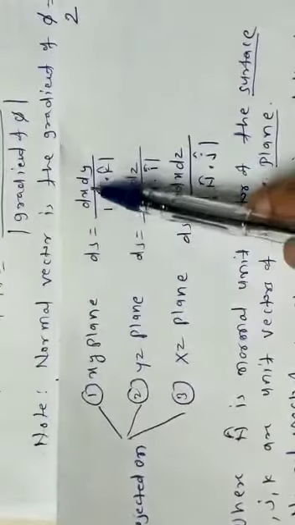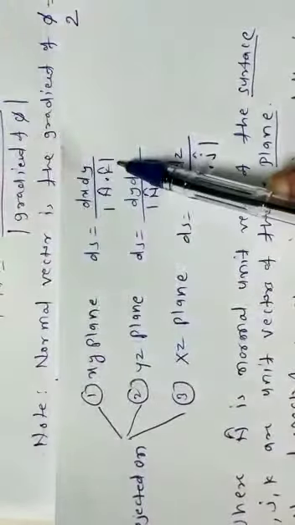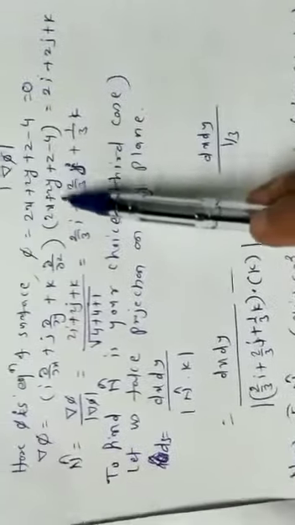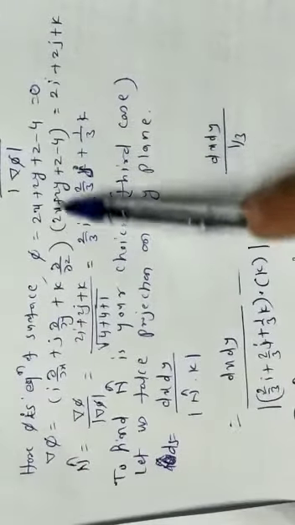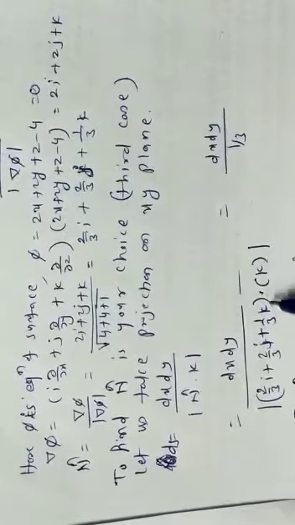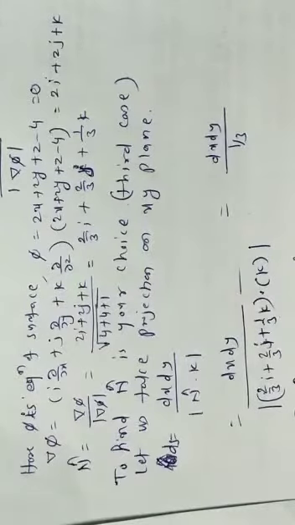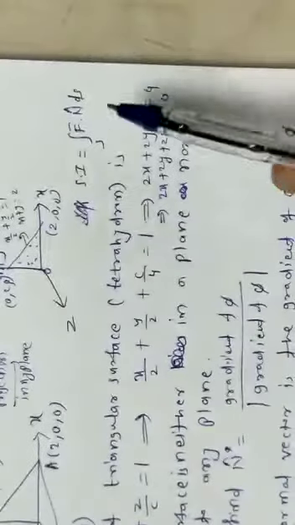So what is the formula for ds, students? Here, projection on the xy plane, dx dy upon magnitude of n cap dot k cap, right? Or n cap dot k. So this is the formula written. Now this is dx dy upon n cap dot k. What is n cap? You got it in the previous step. So this n cap is substituted dot k. You know that k dot k is 1. Remaining all terms will vanish. i dot k is 0, j dot k is 0, right? So what you get is 1 by 3 into k dot k. That is 1 by 3.